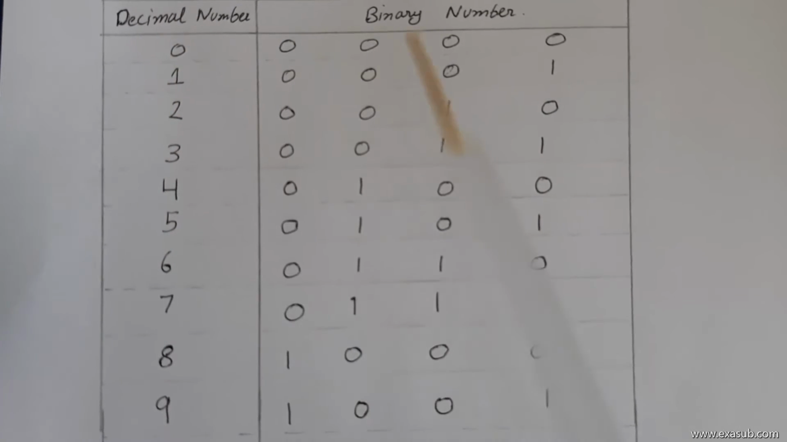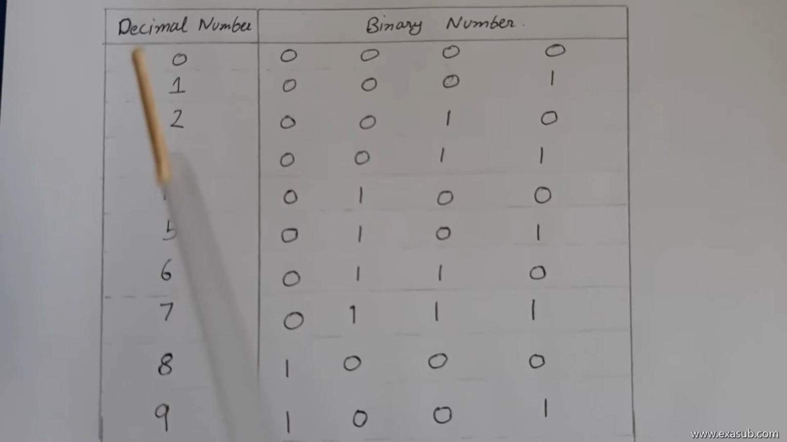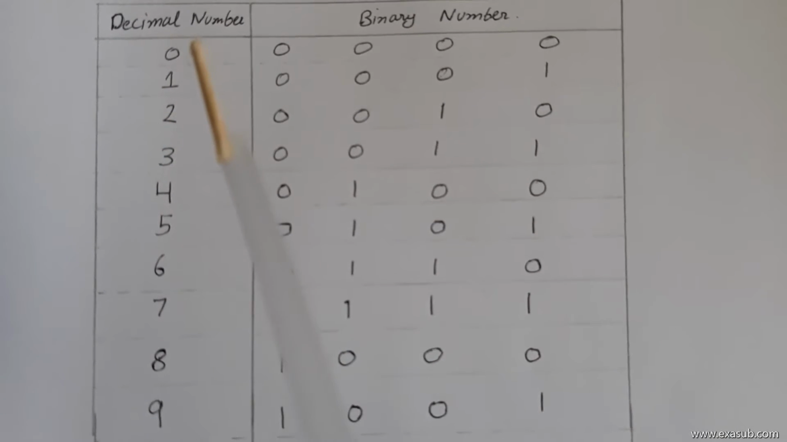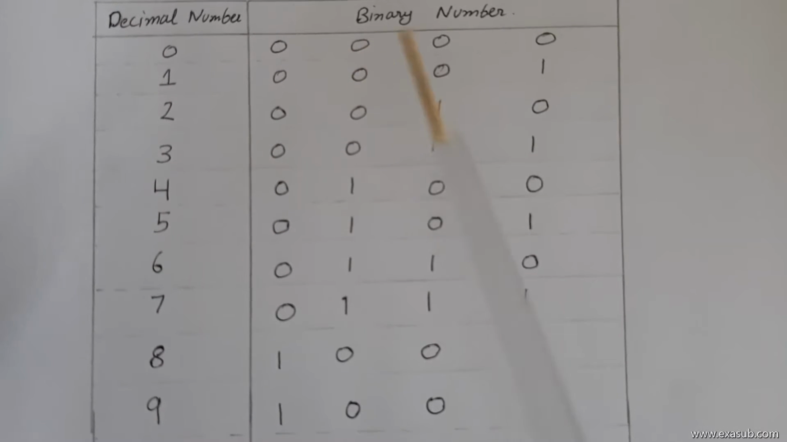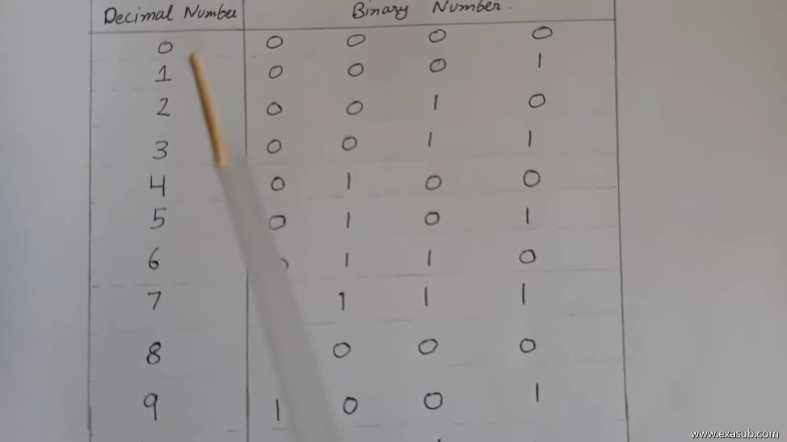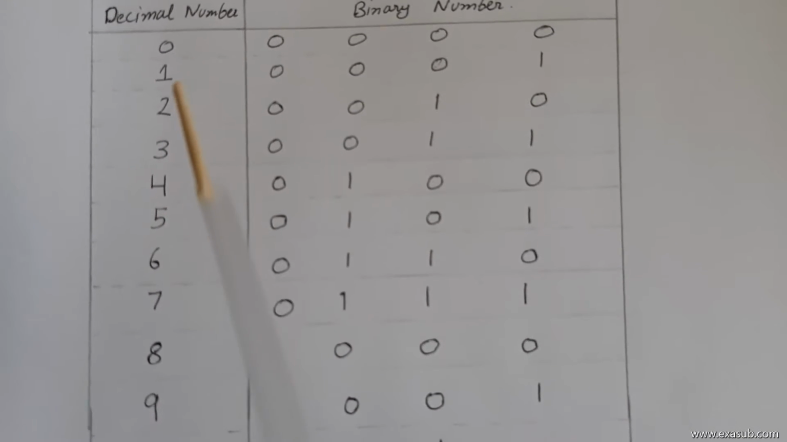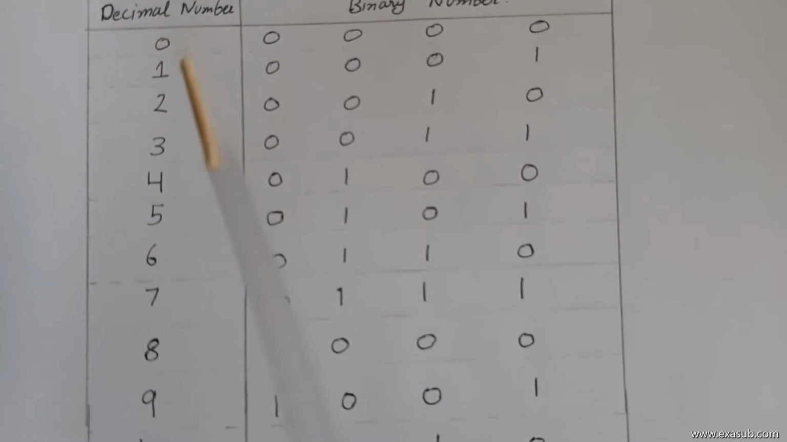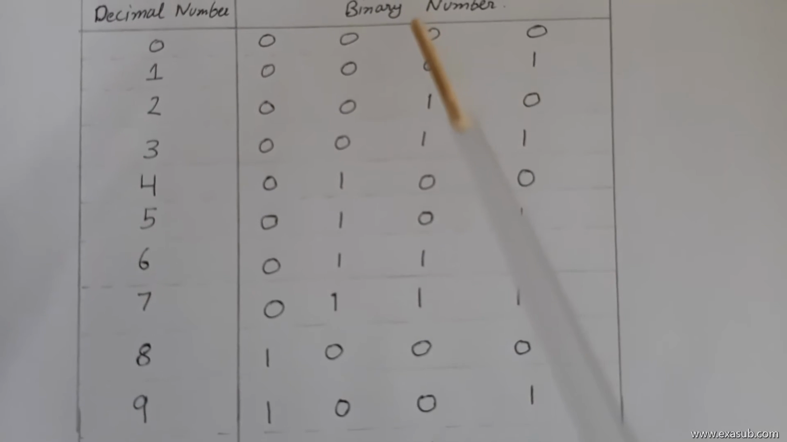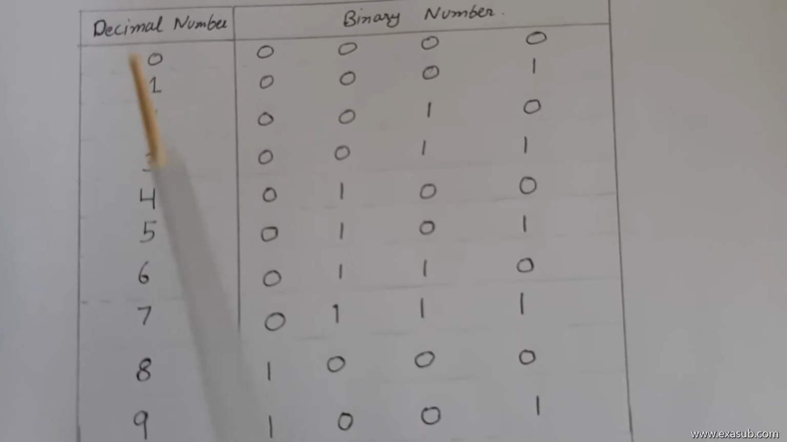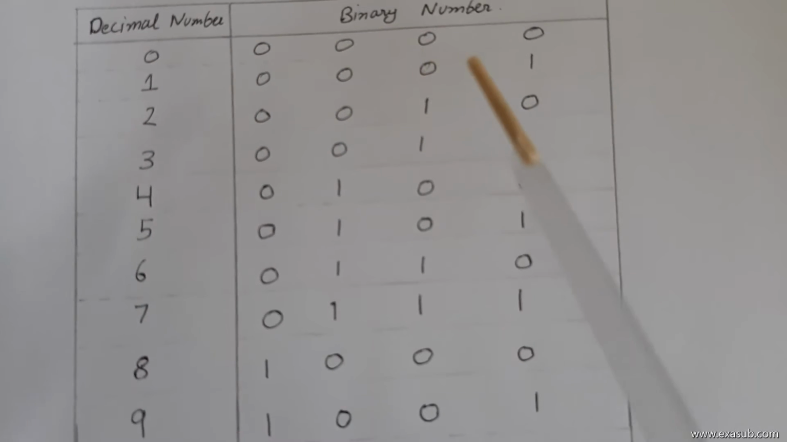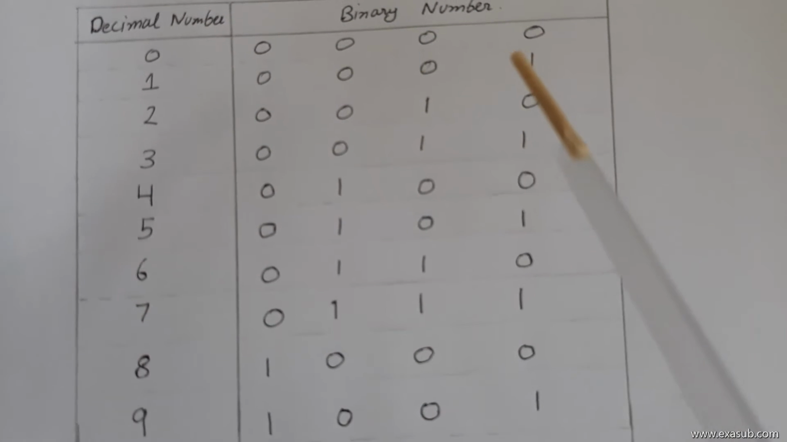In the following table, you can see decimal numbers and their equivalent binary numbers. Just as in decimal we have 0, 1, 2, 3, 4, 5, 6, 7, 8 and 10, similarly, in binary we can represent these decimal numbers using the following combinations of